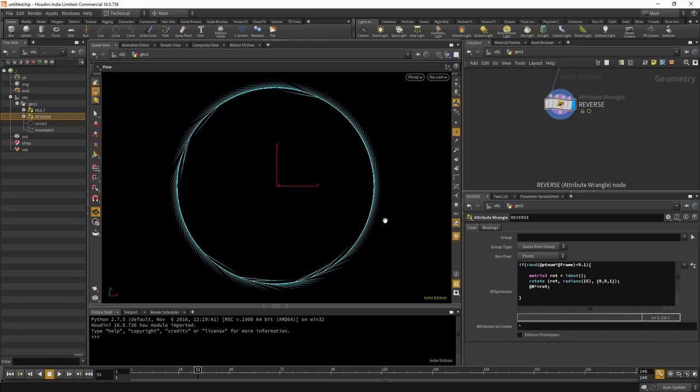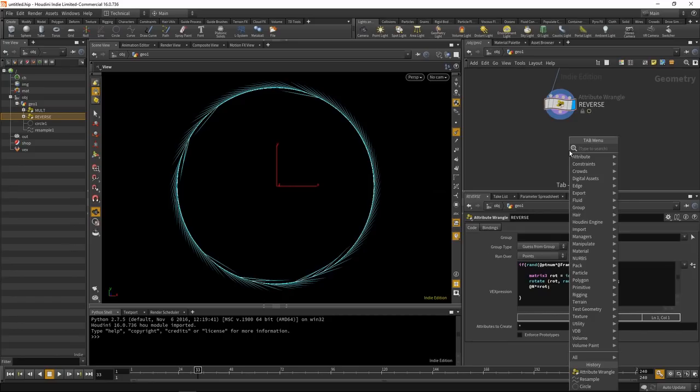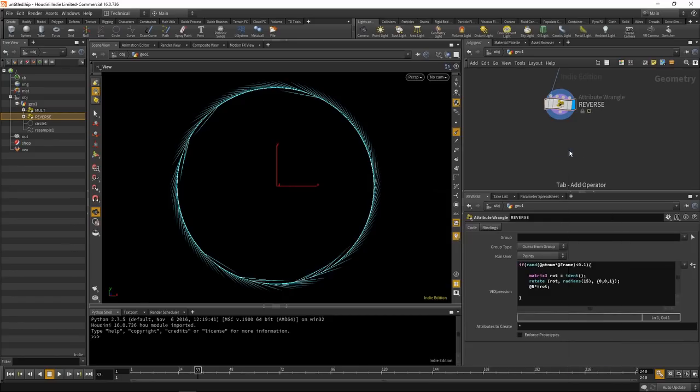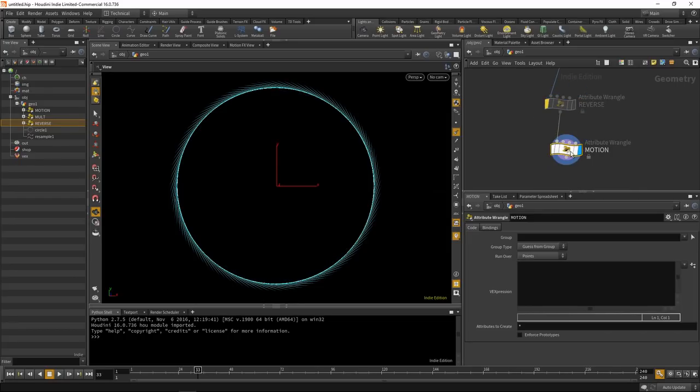However, we still haven't added any motion that you see in the actual effect. So that's what we'll be doing in this next wrangle. So drop down another attribute wrangle and call this one motion. Now we'll bypass our reverse wrangle for now, just so that we can more clearly see what we're doing in our motion wrangle. Alright, let's begin by creating a float